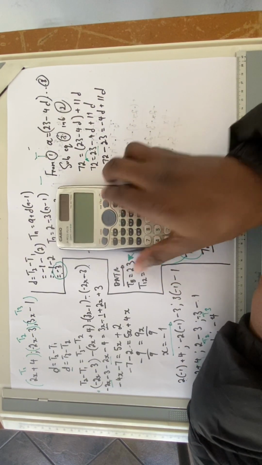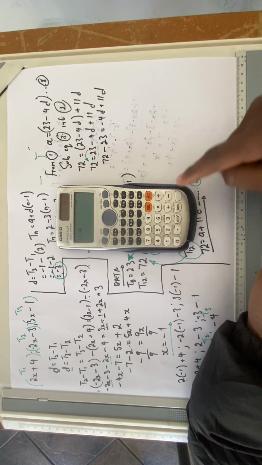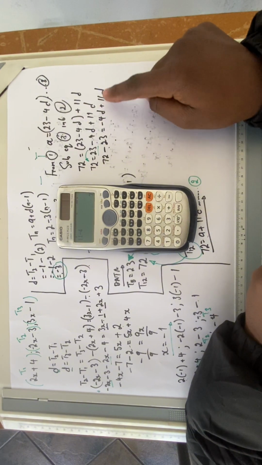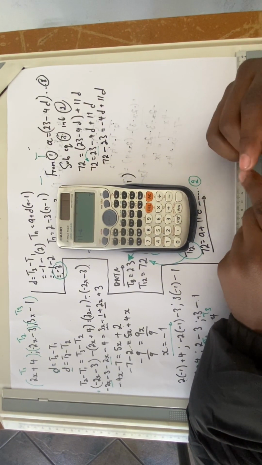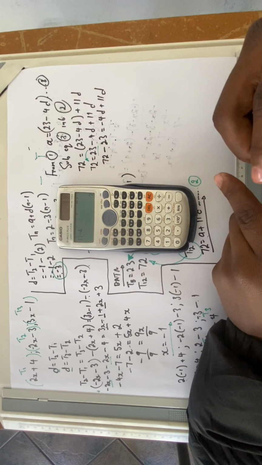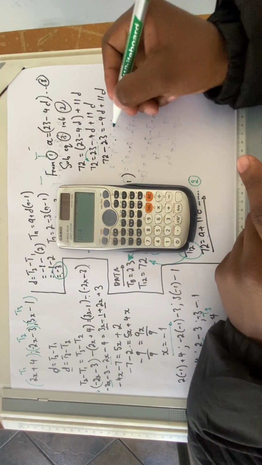Now that I have that, I'm going to say 11 subtract 4. When you have two numbers that are not of the same signs, you subtract and take the sign of the bigger number. So 11 minus 4 will give me 7, but the bigger number was 11. So it makes sense for the 7 to be